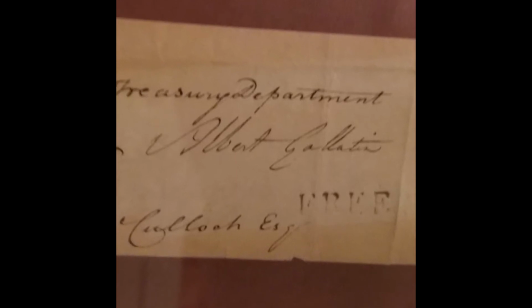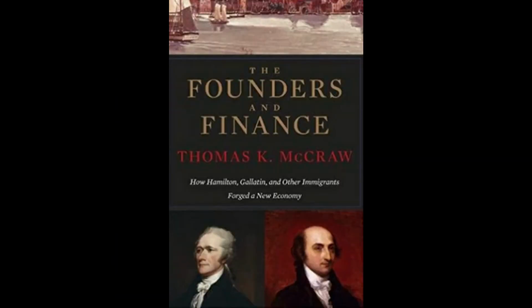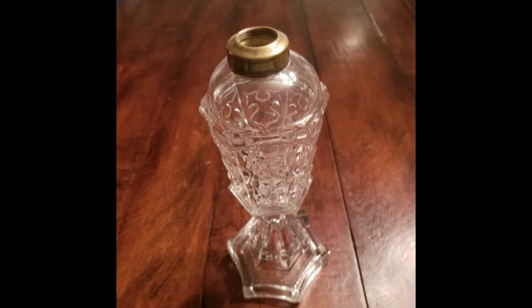The Louisiana Purchase led to debates about whether the new states in the purchased territory would allow slavery or not, which in turn led to the Civil War. A good book on Hamilton and Gallatin's influence on America's finances early in its history is called The Founders and Finance. But before we get to the Civil War, let's look at some examples of the great leaps in technology